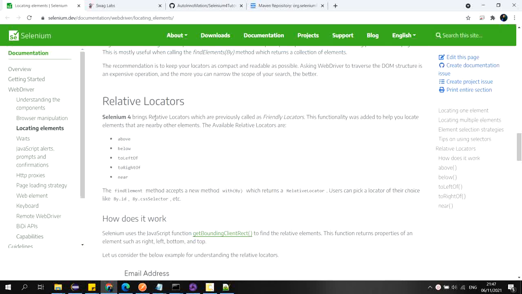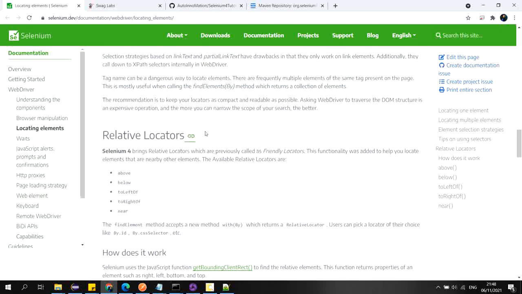Selenium 4 brings relative locators, which were previously called friendly locators. This functionality was added to help you locate elements that are nearby other elements. The available relative locators are above, below, to left of, to right of, near. Using these 5 methods you can use relative locators. So how to achieve this?